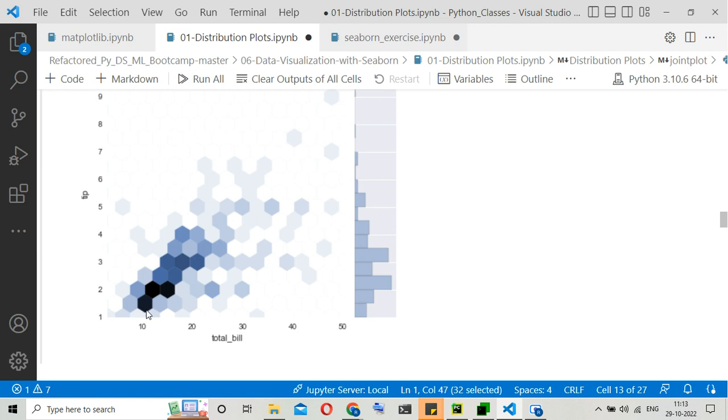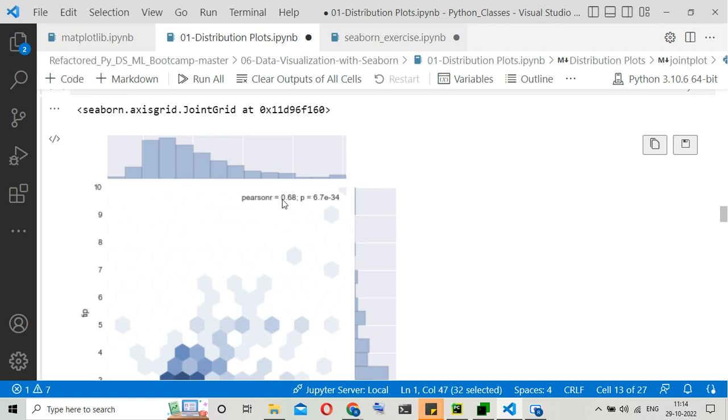So rather than a scatter plot, what is this kind of graph called? Yeah, correct. This plot is based on density, right? It is a very dense area, these hexagons, yeah, hexagons. And